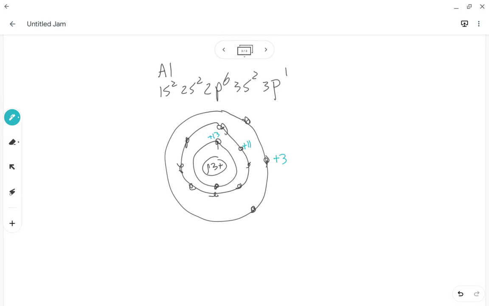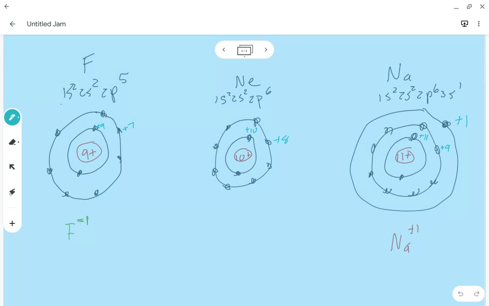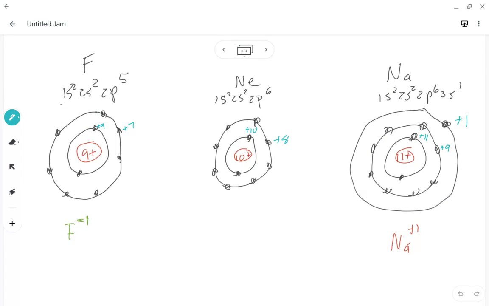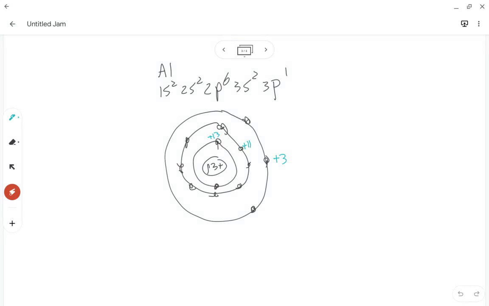So these electrons are more tightly held than the electrons in, say, a sodium atom, where they're only experiencing a +1 effective nuclear charge. But they're still out there. They can be fairly easily lost. Aluminum does tend to lose all three of those electrons and form the aluminum with a +3 charge. But it never forms aluminum with a +4 charge because you've got this +11 effective nuclear charge going on for